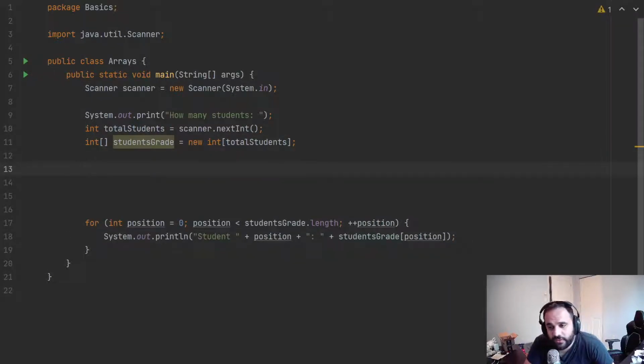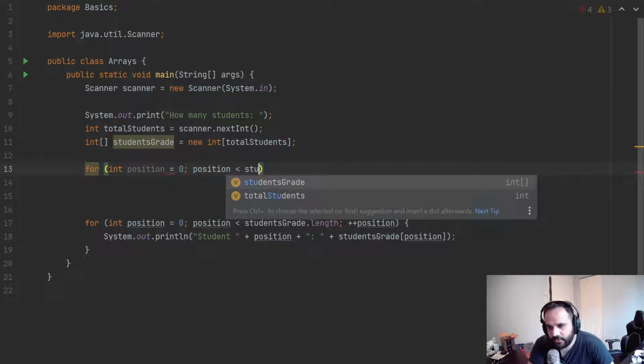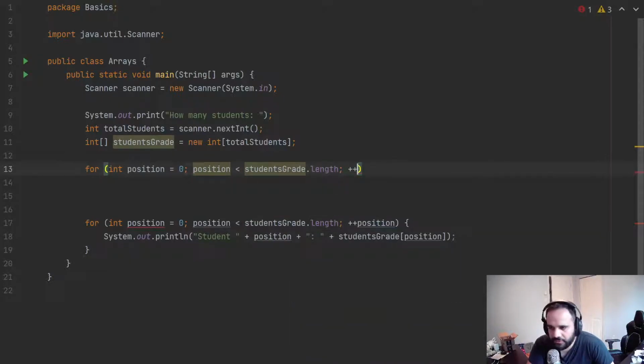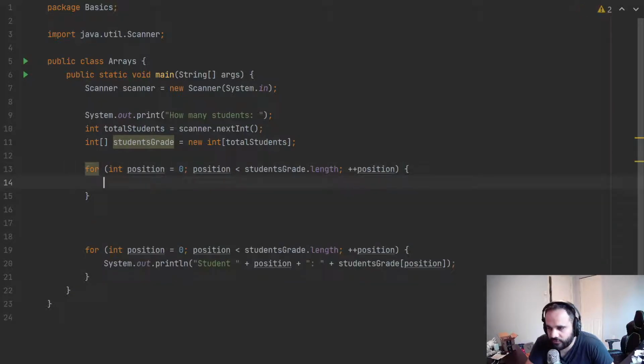Now, we need to get those values from the user. So again, we create another for loop. We create int position = 0; position less than our student's grade dot length, right? The same code as down there. I'm going to ask him one by one for each student. So, please enter grade for student